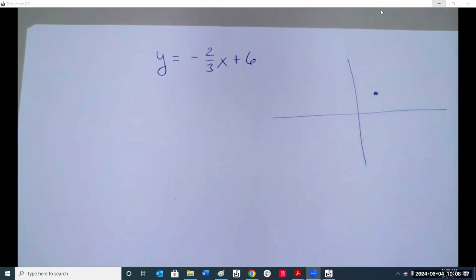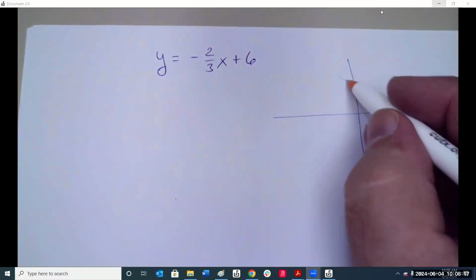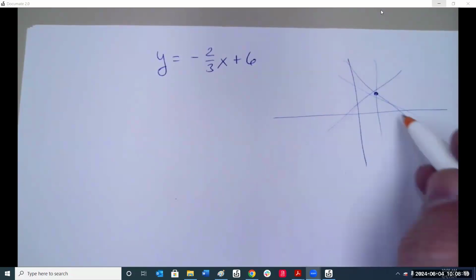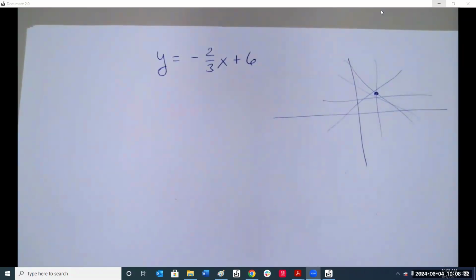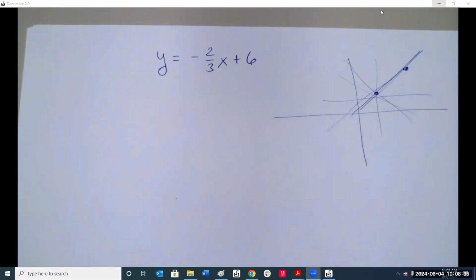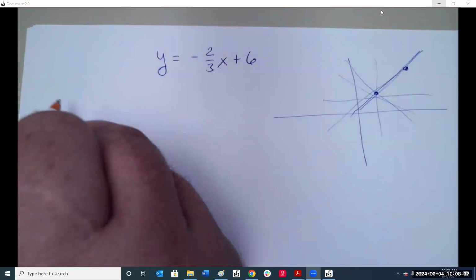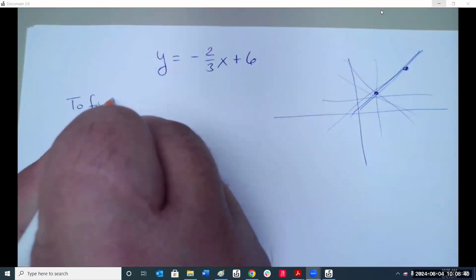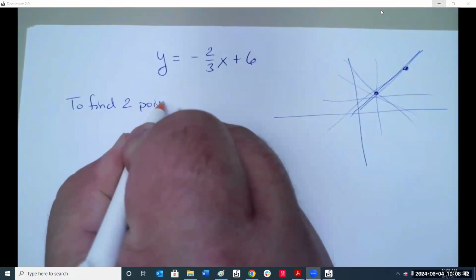If I give you 1 point and I ask you to draw the line that goes through that point, how would you draw it? Like this, like this, like this. There are an infinite number of lines through that 1 point. So to define a specific line, I need 2 points. Once I have 2 points, then there's only one line that can go through both of those. So to find 2 points,